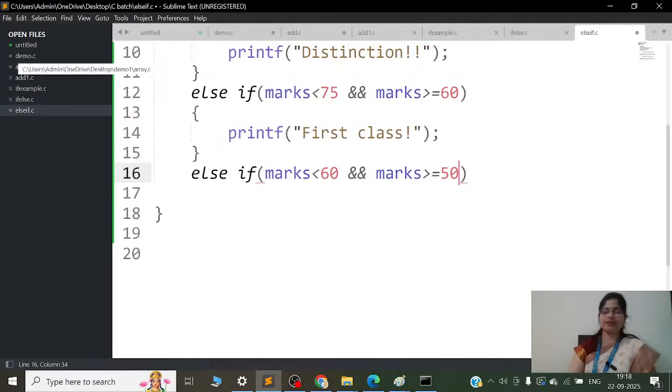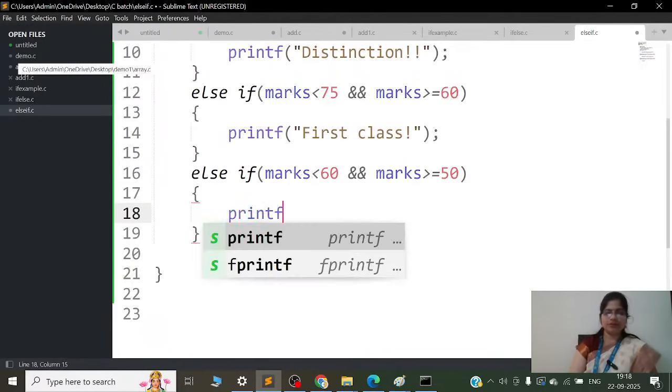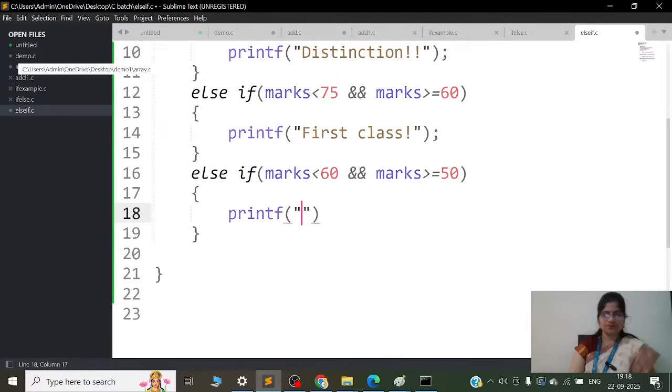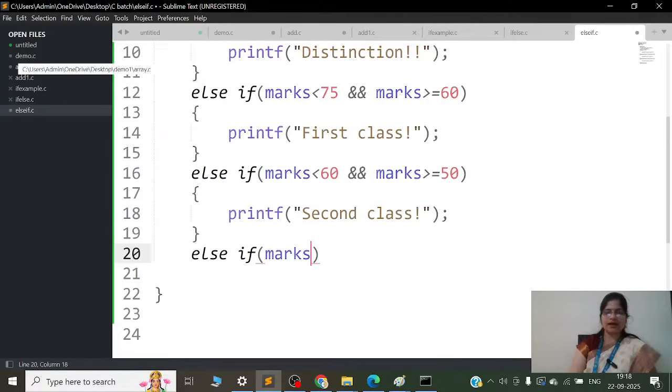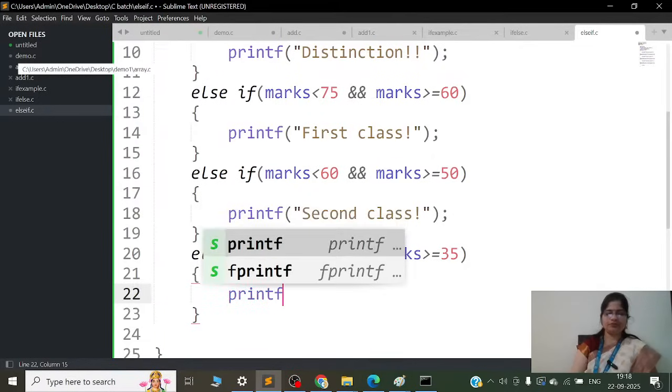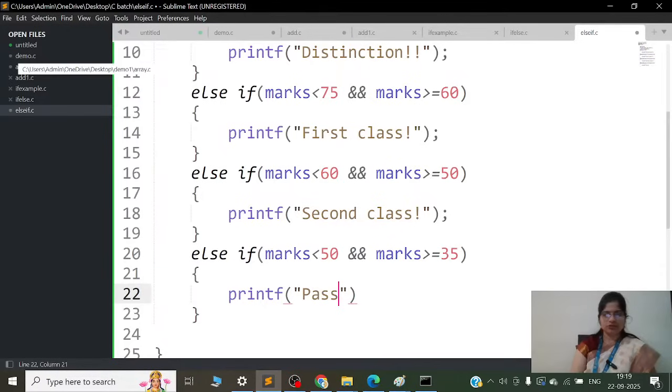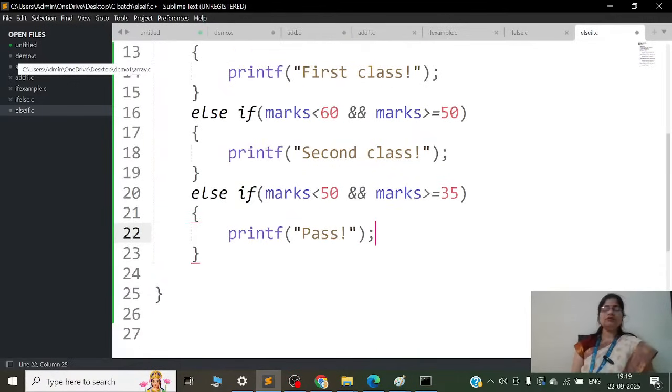So 50 to 59 के रेंज में अगर मार्क्स है then the result should be second class. else if marks are less than 50 and greater than or equal to 35. अगर 35 पासिंग क्राइटेरिया लेते हो तो, अगर 40 लेते हो तो 40 लेना पड़ेगा, तो 35 पासिंग क्राइटेरिया दिया है मैंने. यू विल फॉल इनटू विच कैटेगरी? पास कैटेगरी. ठीक है. और अगर